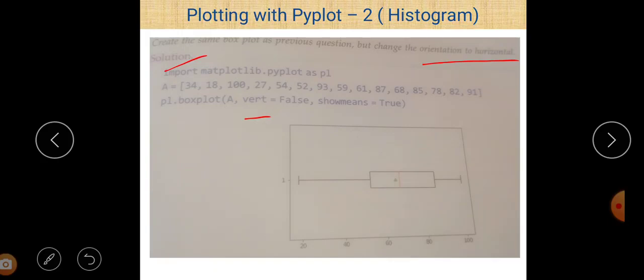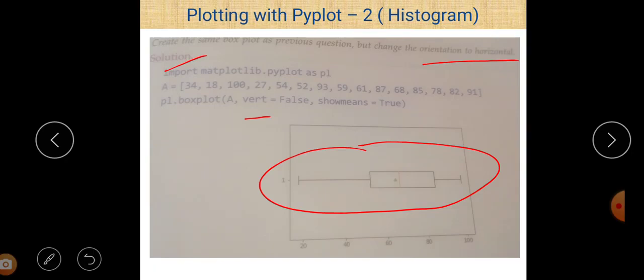But if we give VERT is equal to false, that means the box plot will be displayed horizontally. So you can see here that now when we declare VERT is equal to false, the box plot is displayed horizontally. You can easily see that.